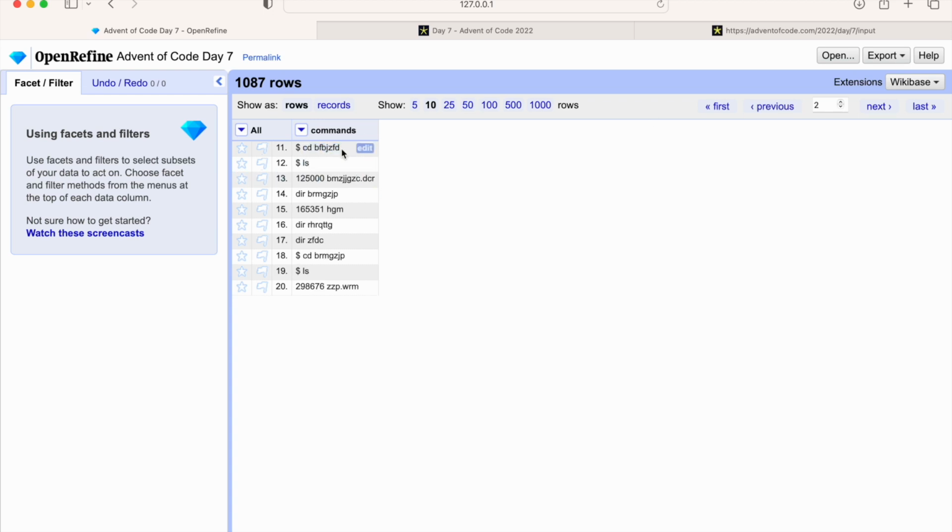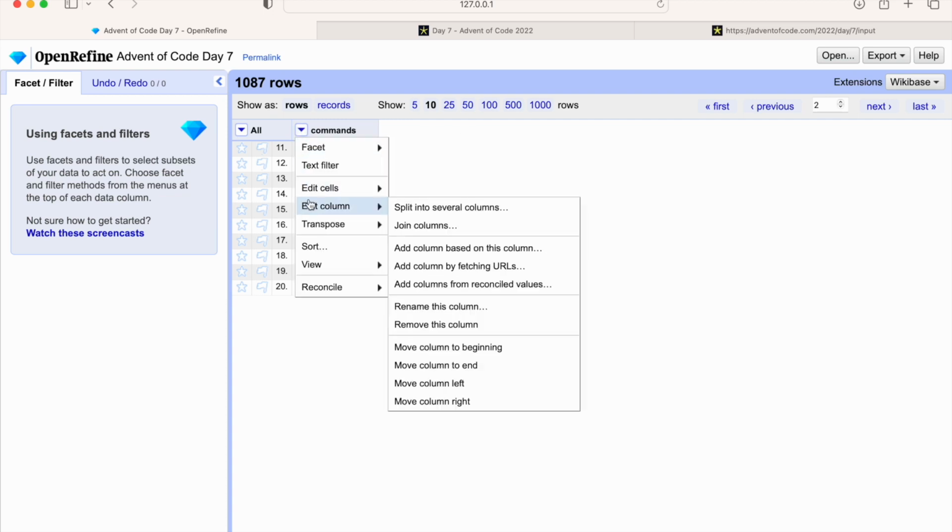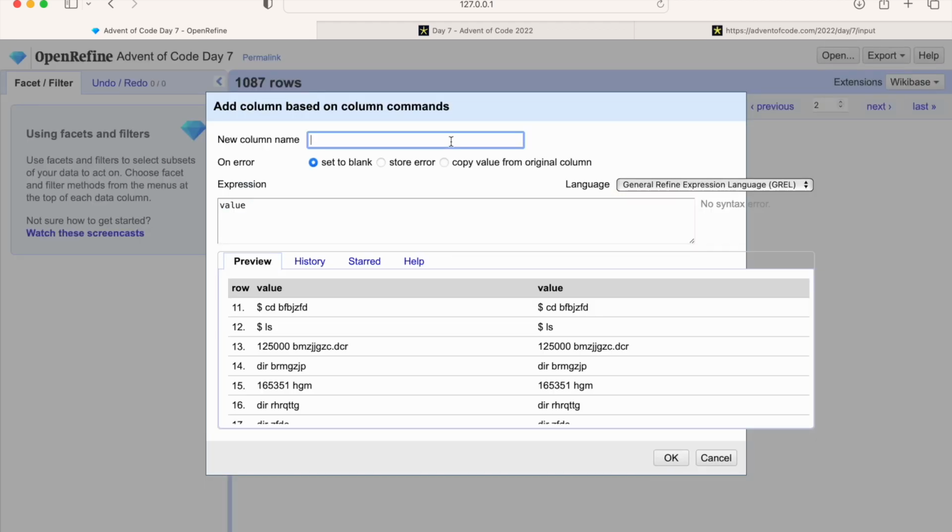So I'm going to extract the directories by looking at when we change into that directory, and that's because we can then group things that happen within a single directory together, which is quite nice. So let's add a column based on this column. We'll call this directory,